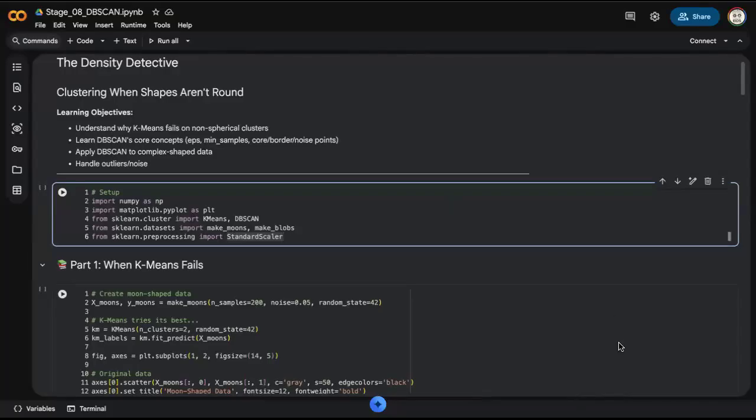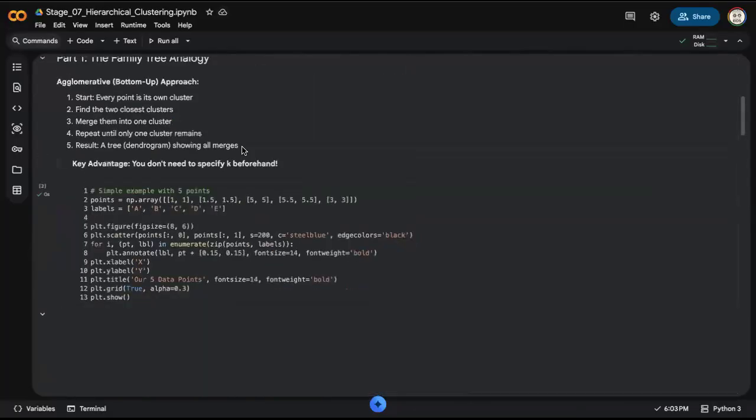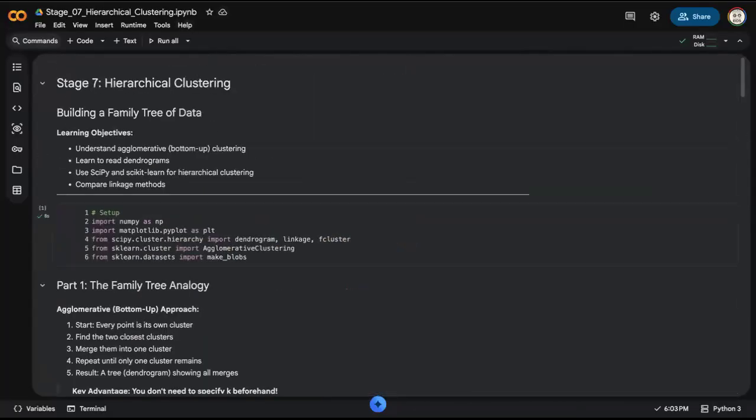K values are very important parameters as we use K-means. So what we attempt to do now is to scale further, because in the last class, that was stage 6 or class 6, we actually saw that